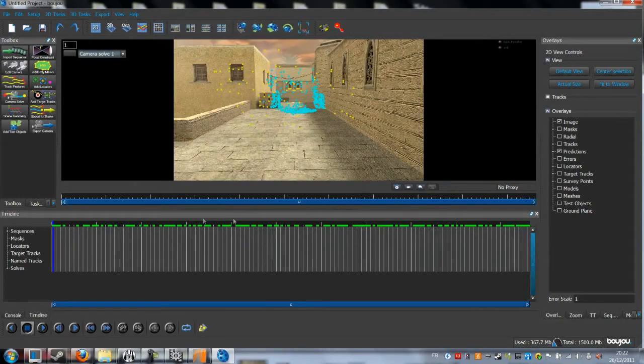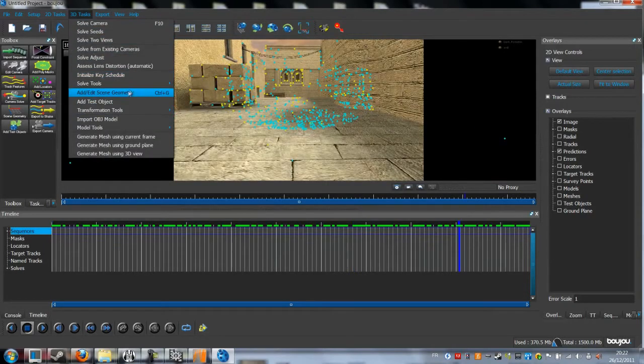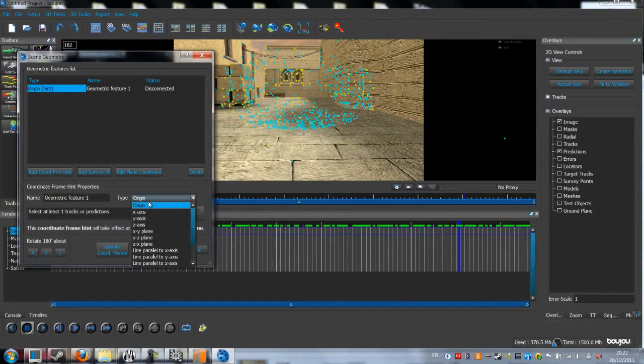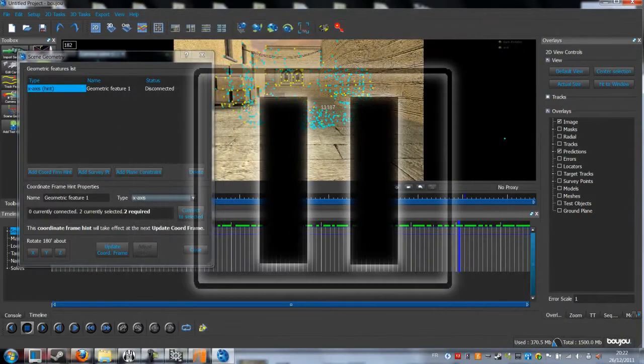Now you've got your tracking points, so go on 3D tracks again, but this time click on Add Edit Scene Geometry. Click on Add Coord Frame, setting it like me. Change the type origin to X-axis. Choose two tracking points, so hold CTRL and click on the 2 points.